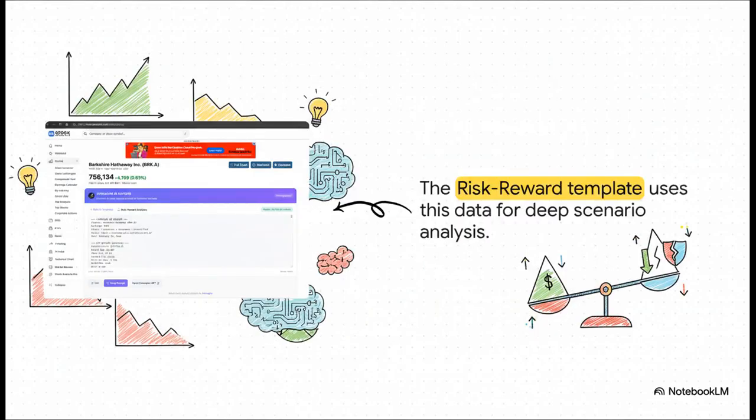And you can really see this quantitative power in action right here. This is the risk-reward template for a company like Berkshire Hathaway. The prompt is just loaded with all those key scores we just talked about. This allows the AI to build out really detailed bull, base, and bear case scenarios. It just gives you a much clearer picture of the potential upside and, just as importantly, the downside of an